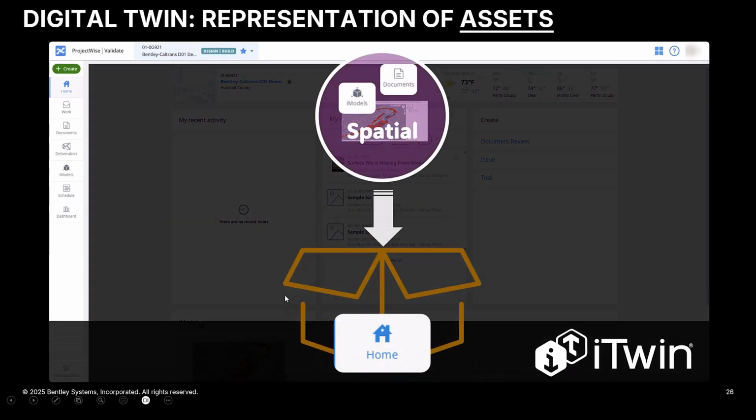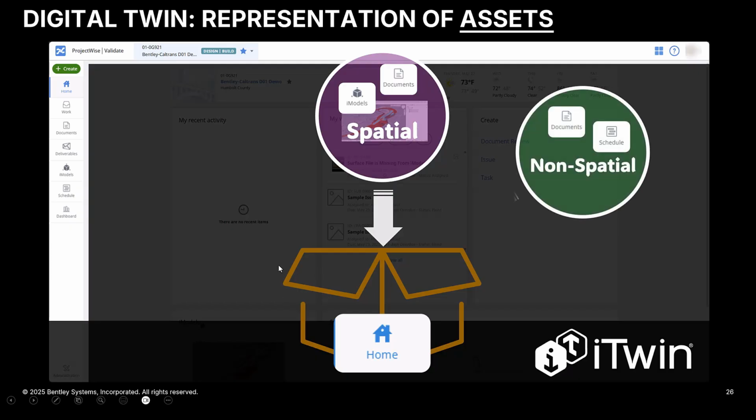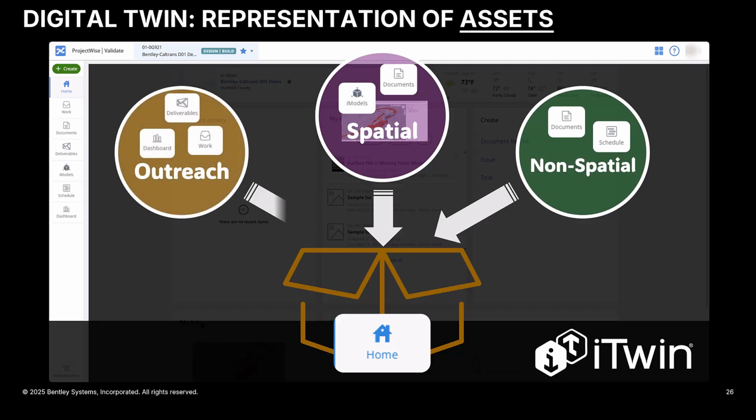A digital twin has more than spatial data when you're looking at it from the design point of view. Of course, you have the models and various documents with spatial information. Critically, you have non-spatial data such as documents, reports, schedules. Also, we have other stakeholders, the general public for outreach.